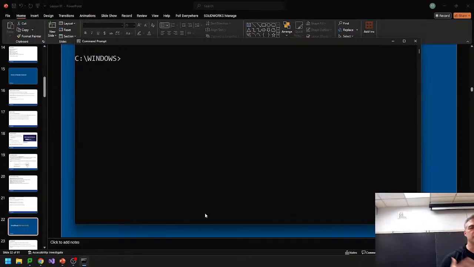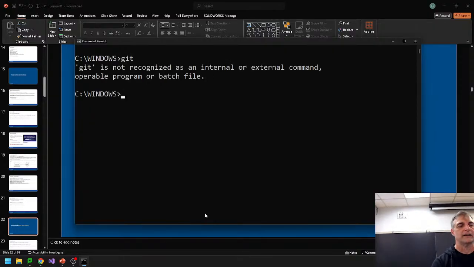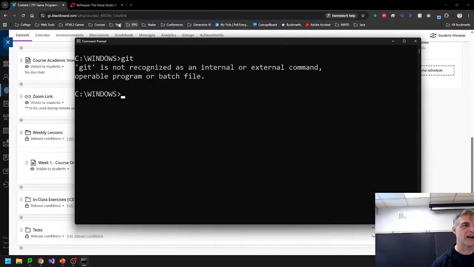Now what we want to do to test to see if you've got a Git installation, and by the way, it's probably not going to be working on my machine here because my podium isn't going to work, is if I type in Git and press enter, it's probably going to say it is not recognized as an internal or external command. This is bad, and this is bad because we want to be able to do Git command line, and I can't do it today. But I want to show you what this really looks like,